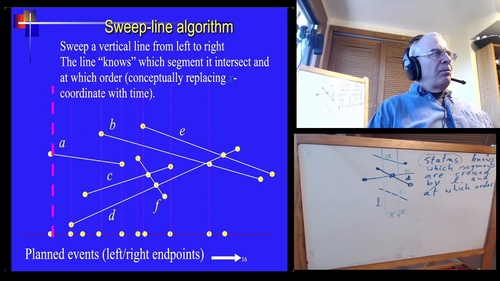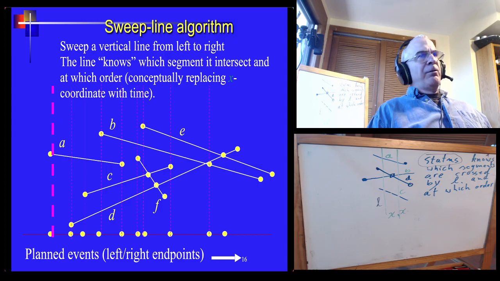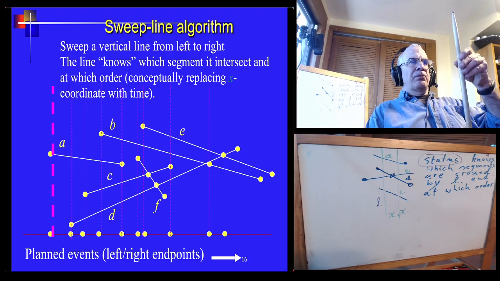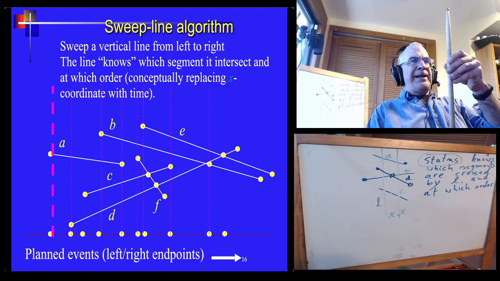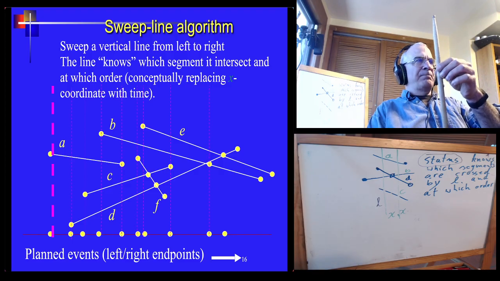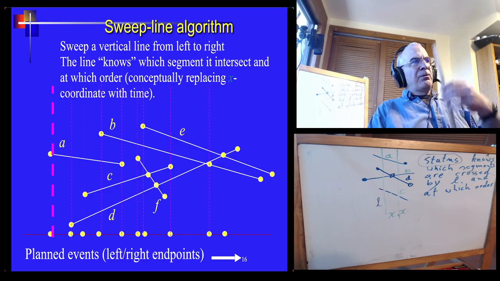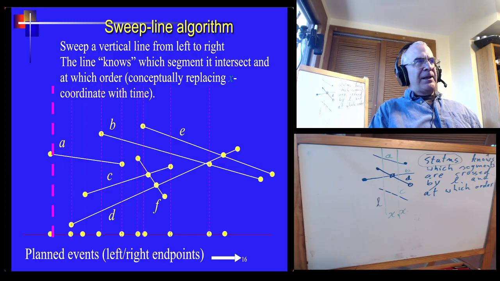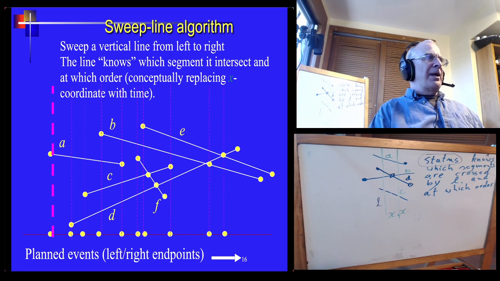Okay, so my first attempt is to move from a continuous world where any x value is a good place for the line sweep into this set of events, a discrete set. That is, I'll make the status jump